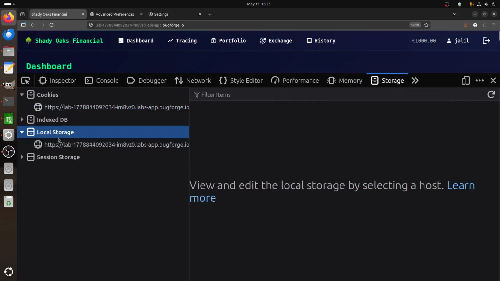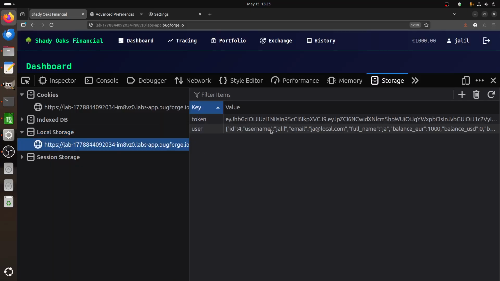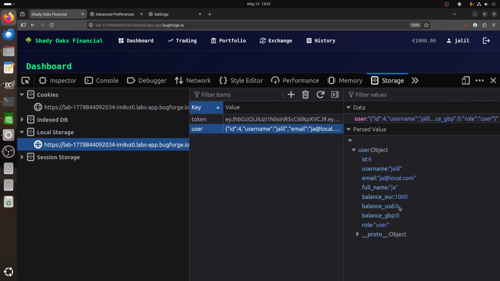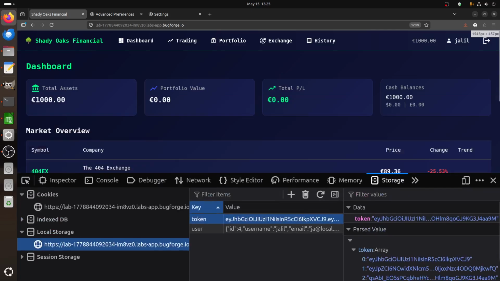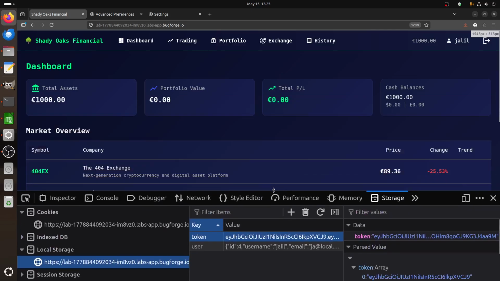The storage endpoint is local storage. You have session, and we can see role is user. This we can't. You can try the JWT token, but you can't play with it. The other question will be if there is an endpoint